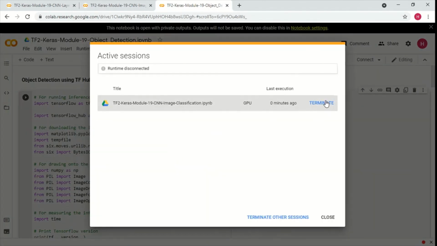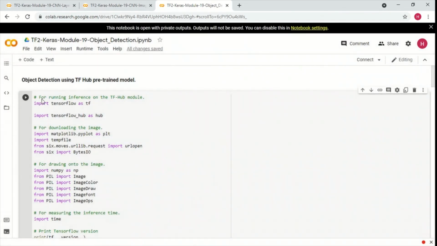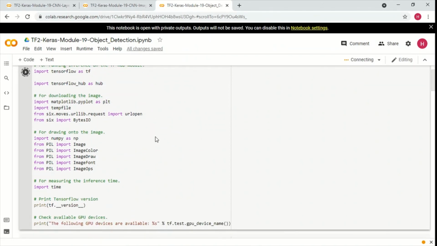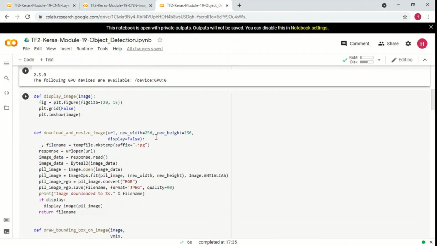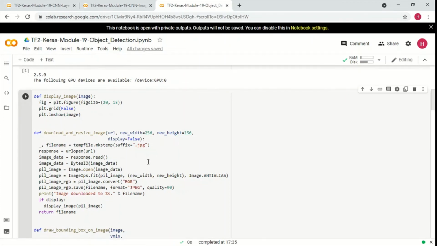Let's terminate the earlier session, and let's import the libraries. We are also going to have some functions for displaying the image and downloading and resizing the images. They will be used for prediction purposes. So we are just going to define those functions here.